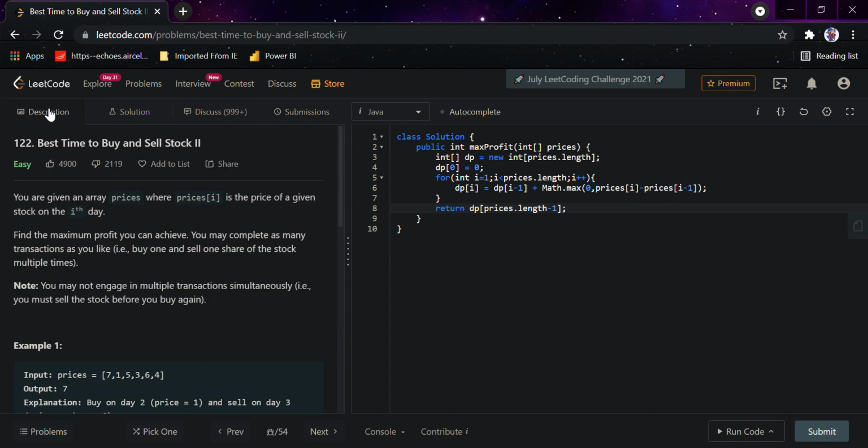So this was it for the video. Hope you have got an idea of how we can solve this question using two different approaches. The last question, the first part of this question, was pretty easy, but in this question we have to calculate the same thing multiple times and calculate the total profit, that is the whole sum. So hope you have got an idea. Thank you and have a nice day.